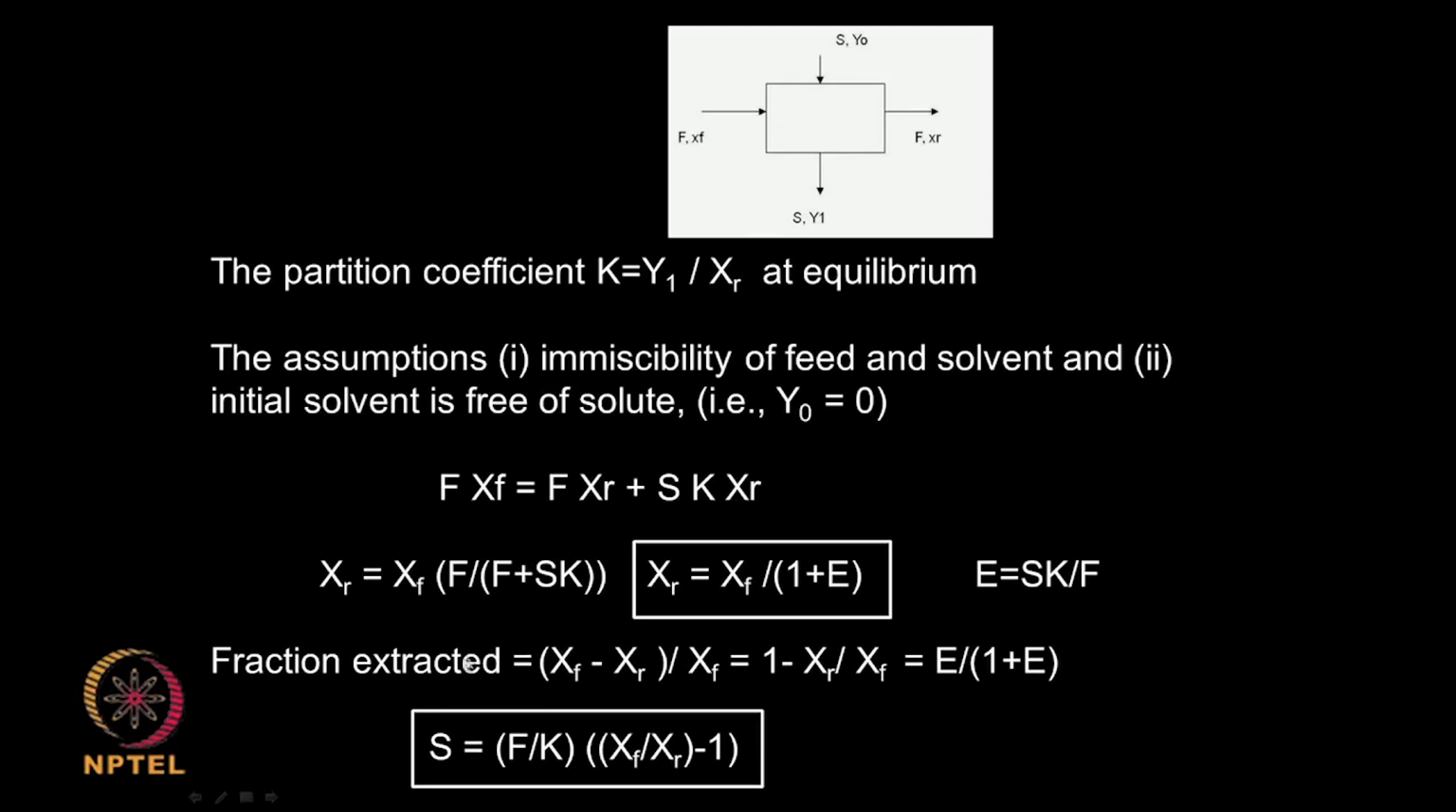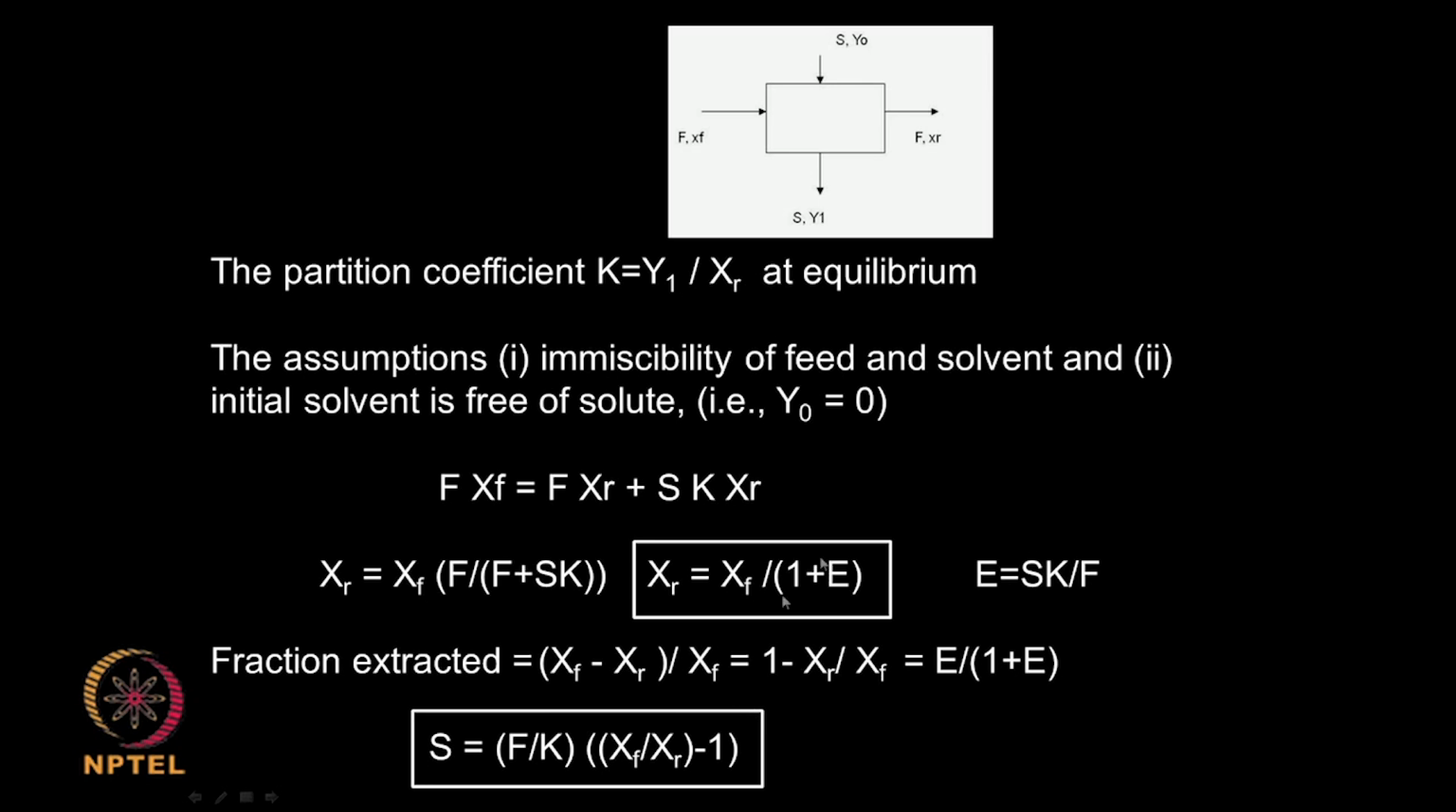So, the fraction extracted will be XF, that is the feed, minus XR divided by XF. XF is the concentration of the feed, XR is the concentration in the outgoing raffinate. So, that is equal to 1 minus XR by XF. So, if you take this and substitute here, you will end up with E by 1 plus E. So, fraction extracted is E by 1 plus E, it is very simple to calculate, right, and E is equal